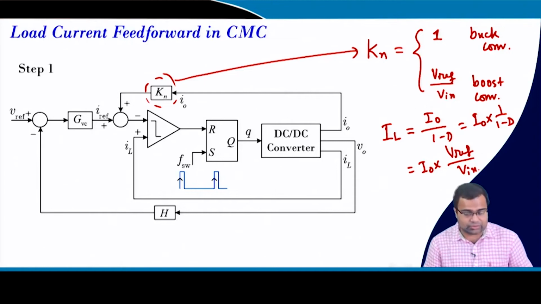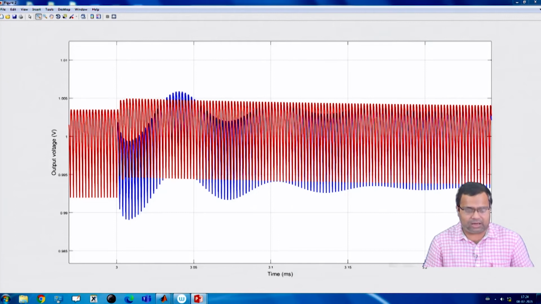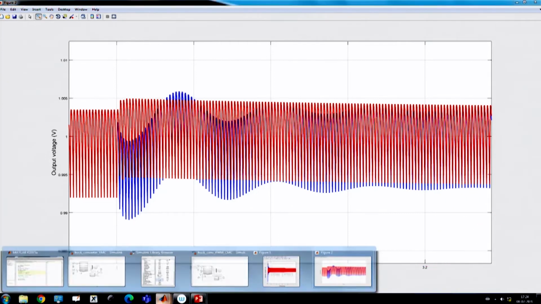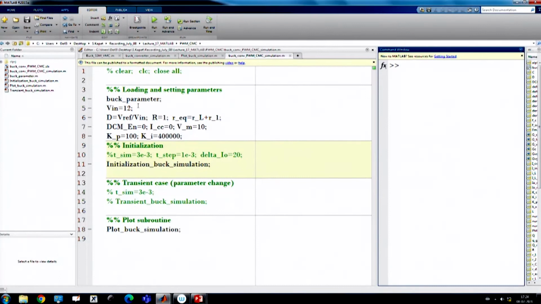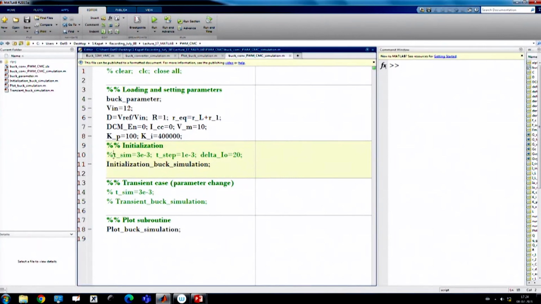Now, I want to show 3 cases here. The first case, let us go back to the current mode control simulation. Now, we are not talking about voltage mode anymore. In current mode, we first want to consider,